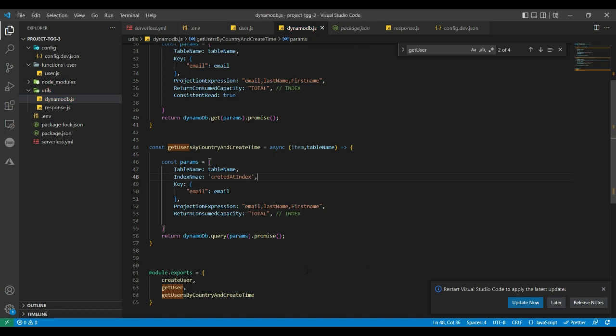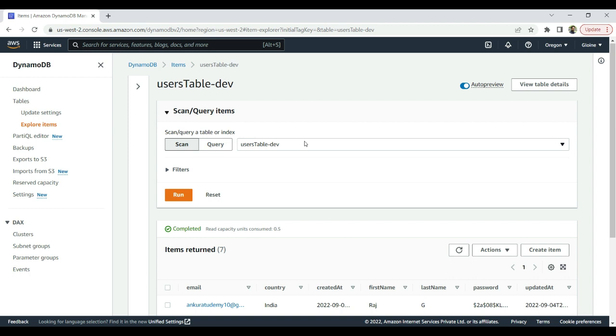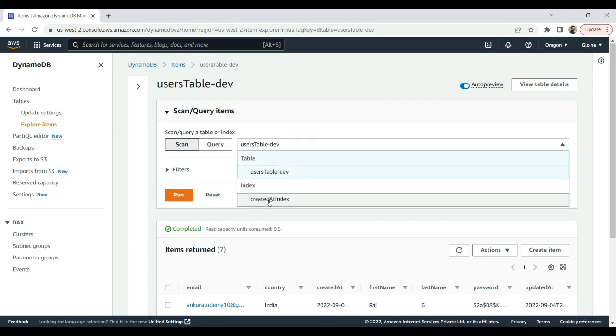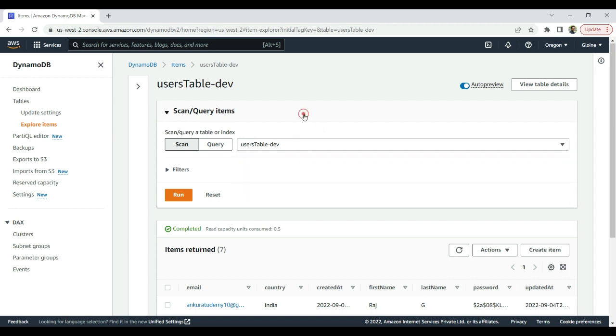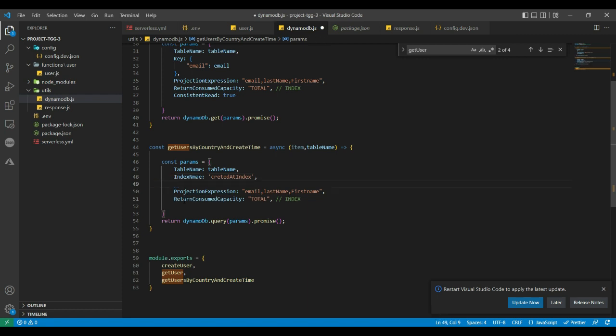So if you remember here, our users table that we created, we had created a global secondary index called created at index. That's what we are passing it here. Now key parameter is not required. Instead we will have a new parameter called key condition expression,